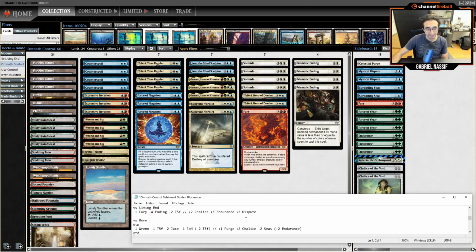Next is Living End. Living End is pretty tricky game 1. If you're on the draw, you don't get to tap out without Ren. Ideally you're on the play, you stick a turn 2 Ren, and then you kind of sit on Ren. Maybe you have a counterspell or 2. Maybe you get to tap out for Teferi on turn 3. You have the tools to beat them, but they also have Griefs and Force of Negation to just snag